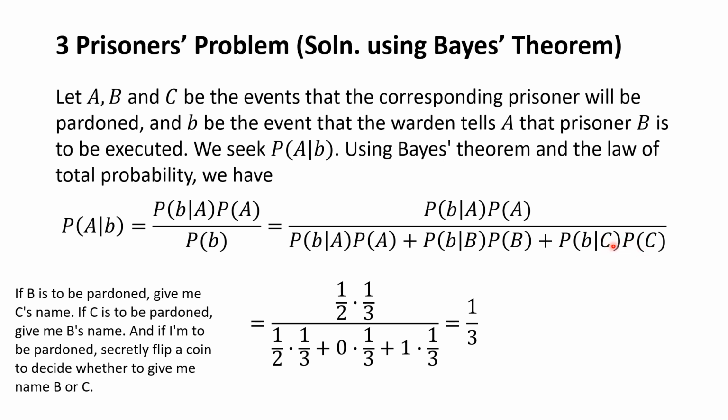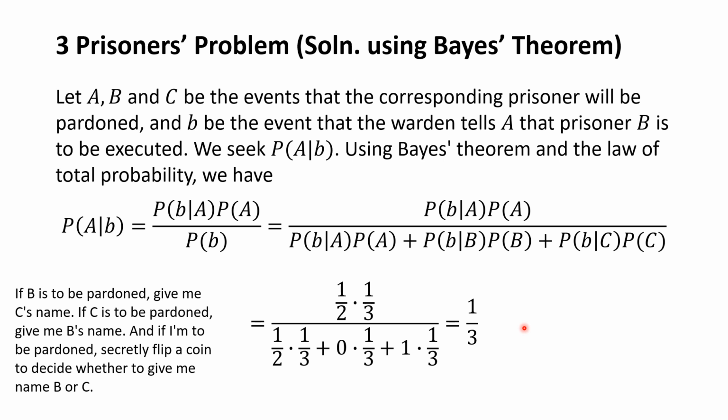And then we have the last one to look at. What's the probability that C is to be pardoned and the warden tells A that B is to be executed? So if C is to be pardoned, the warden agreed to give A B's name. So that's 100%. That's what's going to happen in this case here. So that's just the 1. And if you do the calculation here, you get 1/3. So A was incorrect in his logic, and prisoner C was correct in saying that the probability that A would